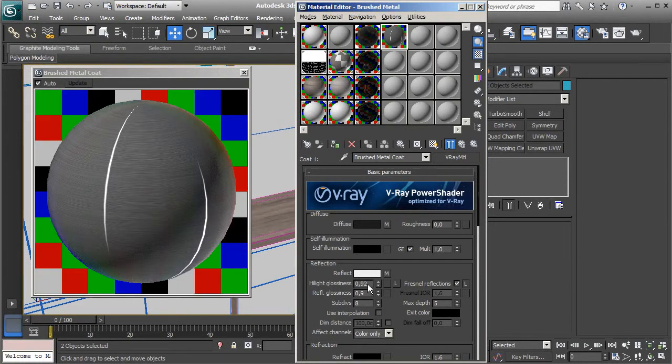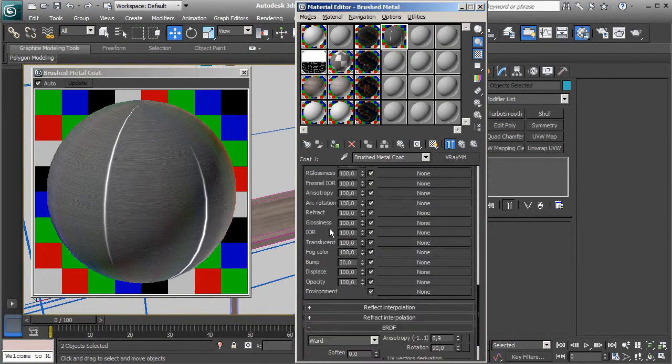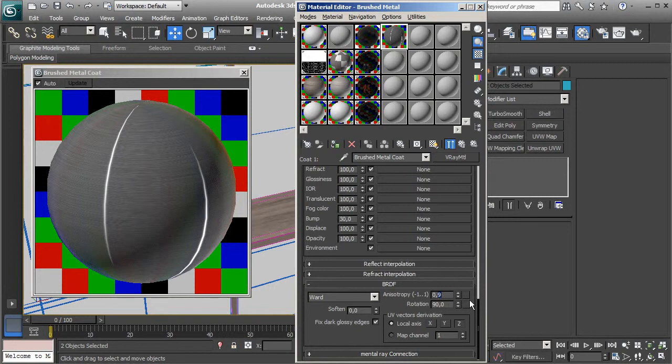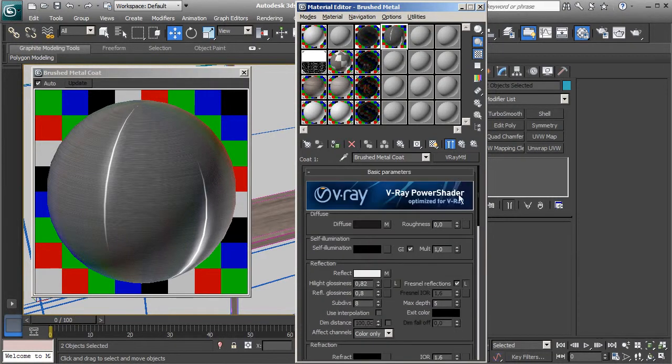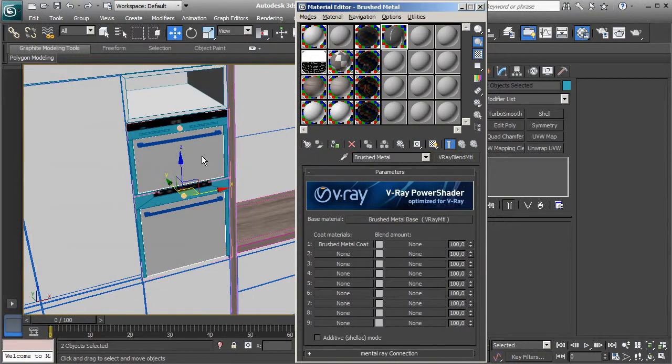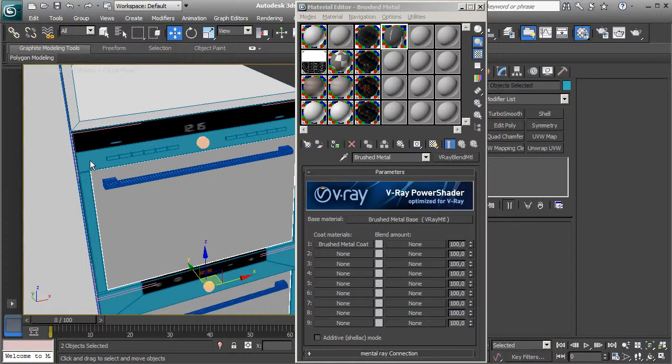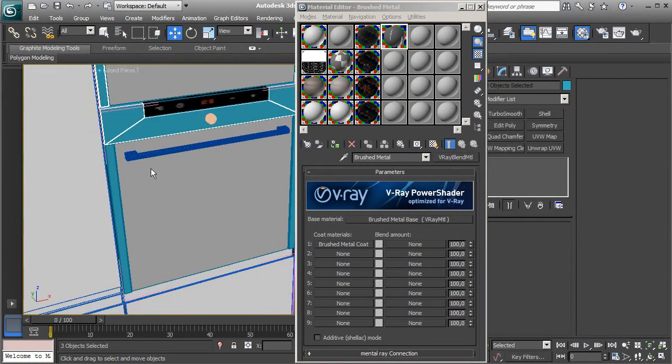And now we will change this value to 8.82 and reflection glossiness to 0.8, and we will change anisotropy from 0.9 to 0.7 or maybe 0.6, and we have our brushed material texture, and we can apply that here and here,